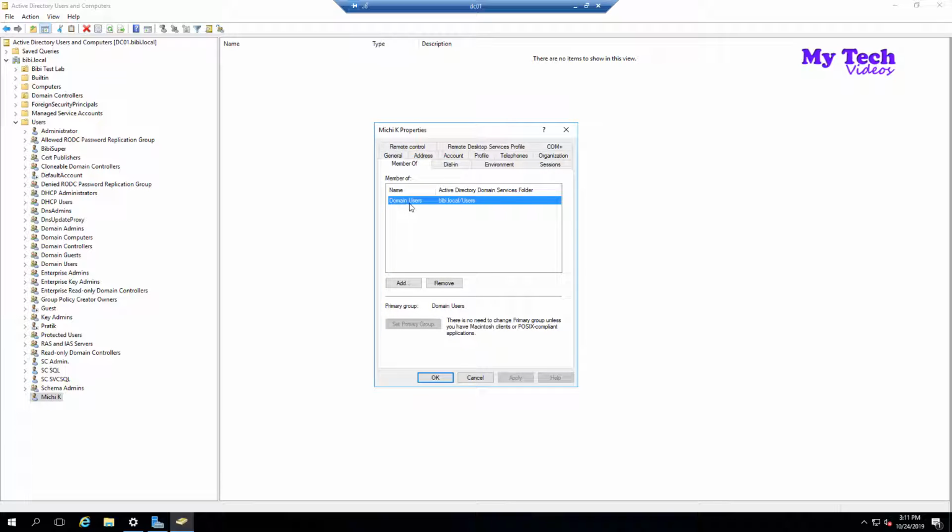And if you look at it, it is just a domain user. It does not have any kind of access right now. So I'll give you that example, and then I'm going to give a little bit more permission to this user, and you would see how certain things could be controlled and how powerful Active Directory is. So this user is